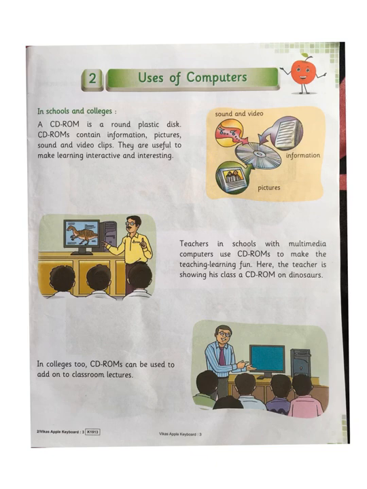So what they are telling us is that this is a CD or CD-ROM. This CD consists of information, pictures, sound and video, which makes learning very easy and interesting, like how we watch a video about some important thing, or like how you are studying now through video. This video is stored on the CD, or other informational video is stored on a CD, and that is shown to the students.